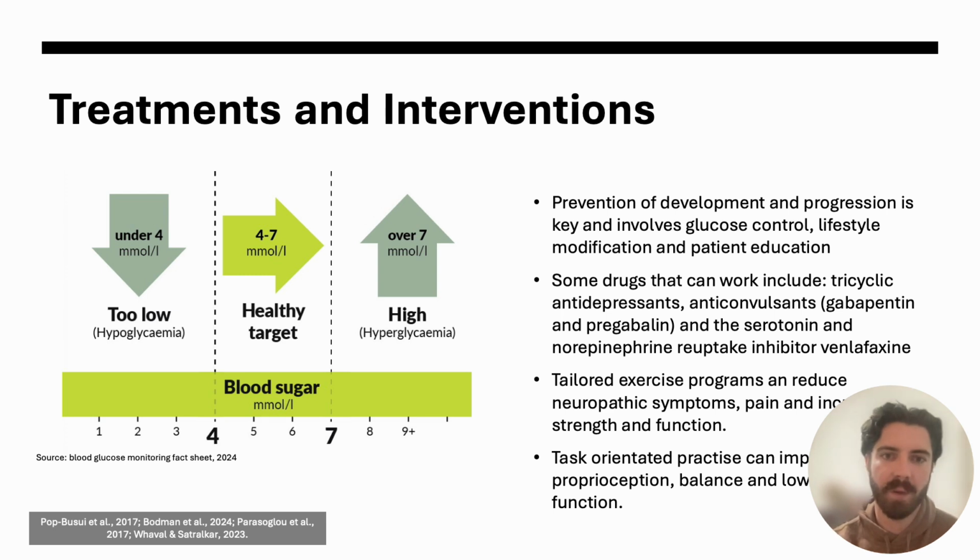Exercise like aerobic and resistance training significantly reduces neuropathic symptoms, reduces pain levels, and increases nerve fiber density. Reaction time, static and dynamic balance, and gait quality are also all significantly improved following specific exercise programs targeting these areas and patient deficits. Task-orientated practice uses real-life skills and has been proven to be effective in improving balance, proprioception,